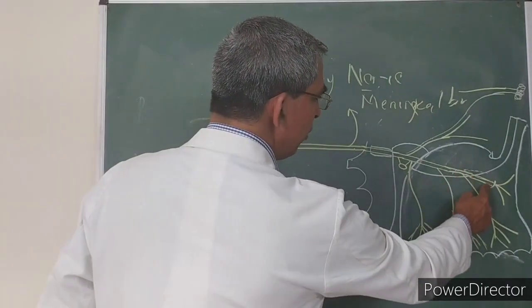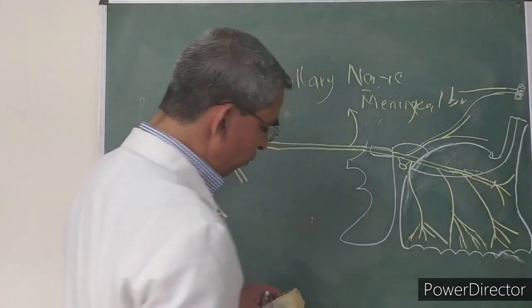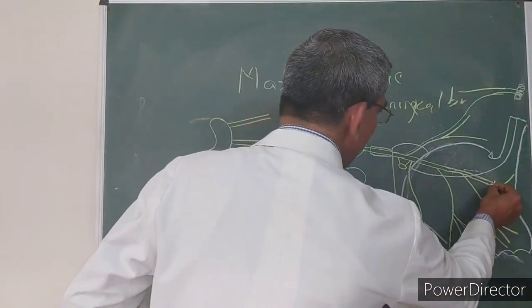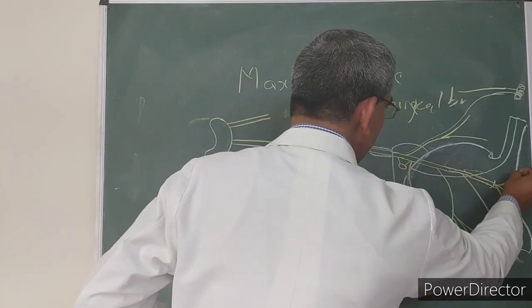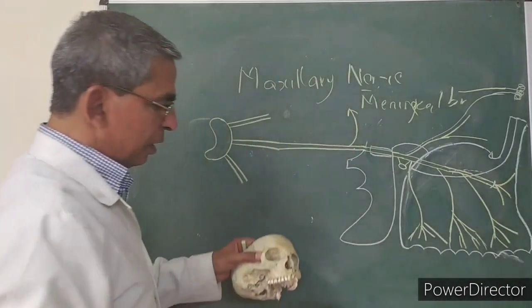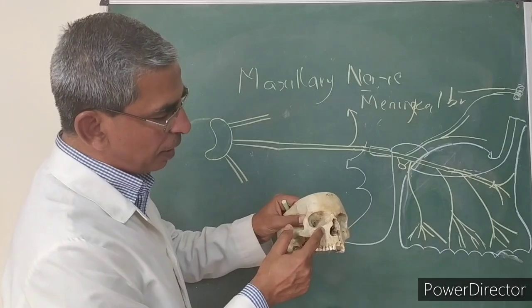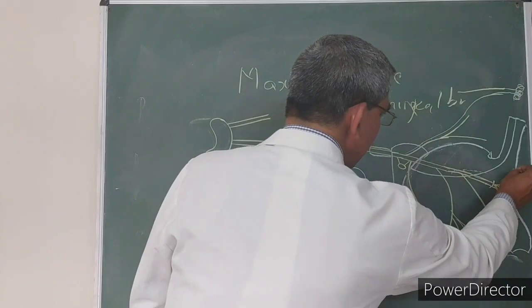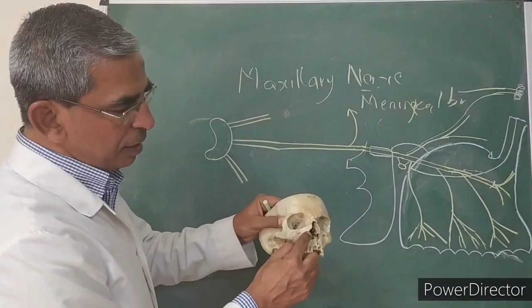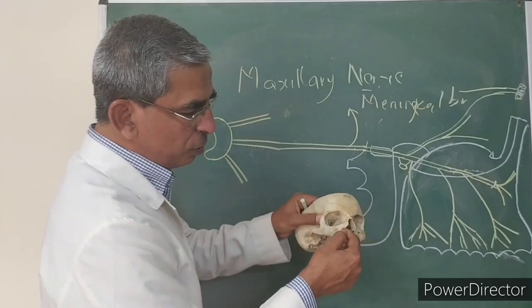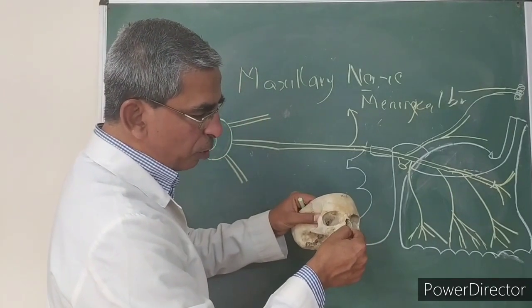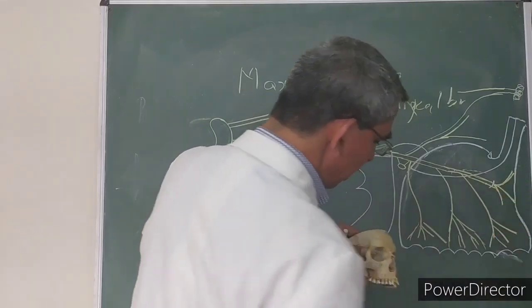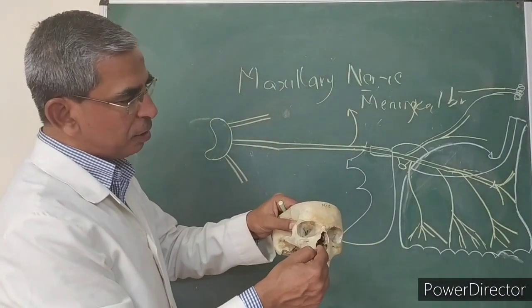Then the remaining nerve I told you comes out of the infraorbital foramen, and it is then known as the infraorbital nerve. This infraorbital nerve divides into 3 or 4 branches. One branch supplies the skin of the lower eyelid, and the mucosa of the lower eyelid. The medial branch supplies the lateral wall of the nose and the mobile part of the septum. So this is the nasal branch, supplying the skin of the lateral wall of the nose and the mobile part of the septum.